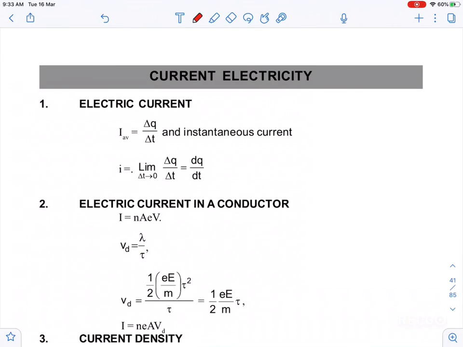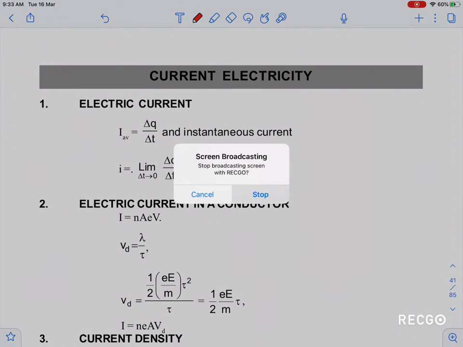Now guys, electric current I will discuss in the next video, because unnecessarily this video length is very much. So guys, please see all this video before going to give the exam, because some of my students are appearing tomorrow and some are appearing day after tomorrow. So they should revise these things. Those who are appearing today, they cannot do anything. So thank you everyone.